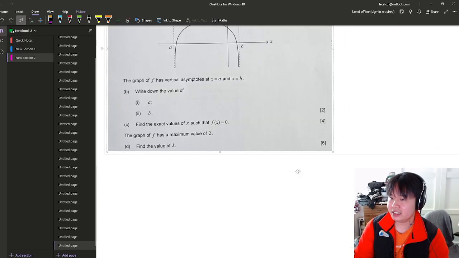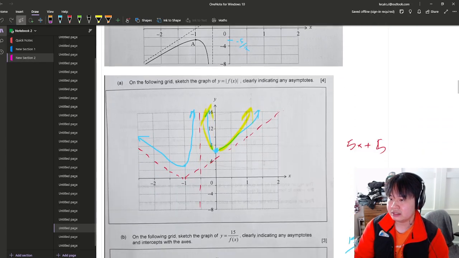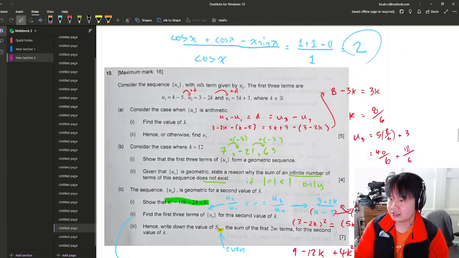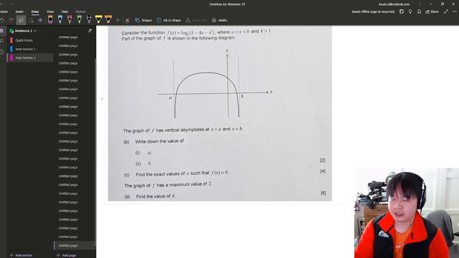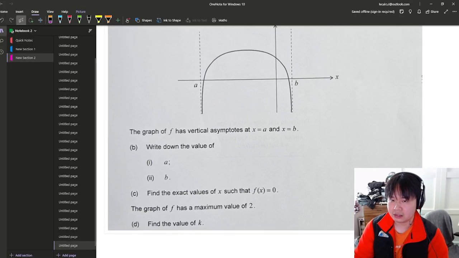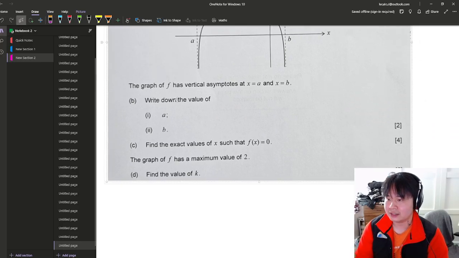Okay, and then question 8, this is just the beginning of it, but that is in HL as question 10. And then we're already at the last question. Granted, you're like, I skipped half of this, so